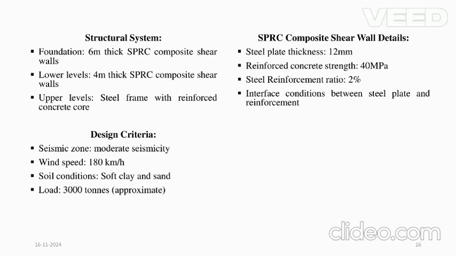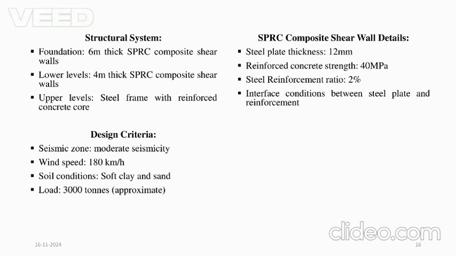It is designed for moderate seismic zones. BMRCL structural configuration takes into account wind loads corresponding to velocities of 180 km per hour, soil conditions characterized by soft clay and sand,